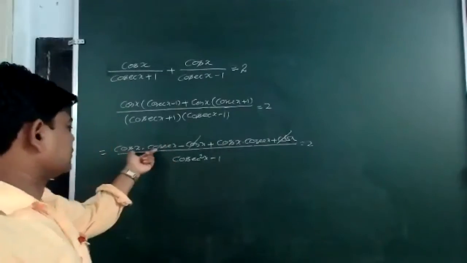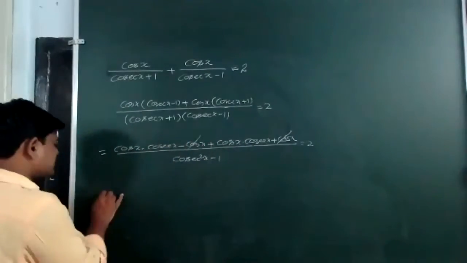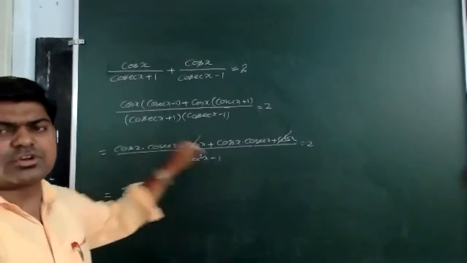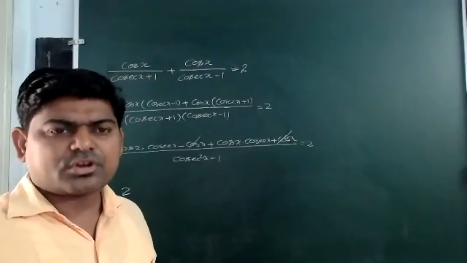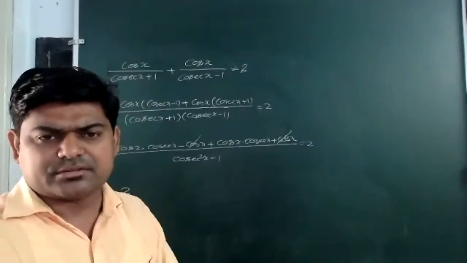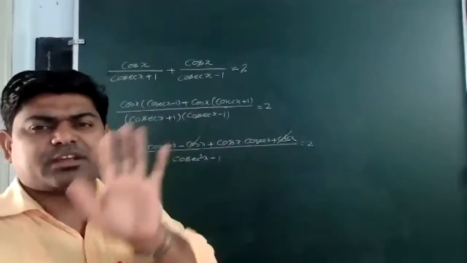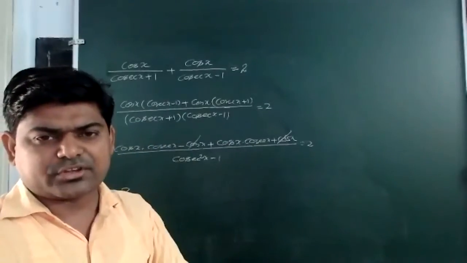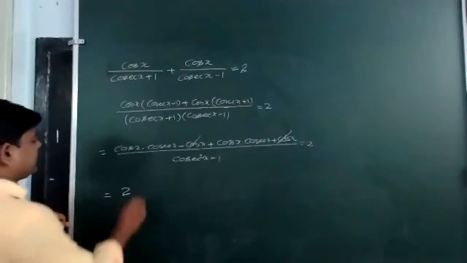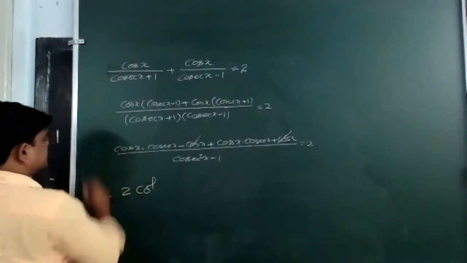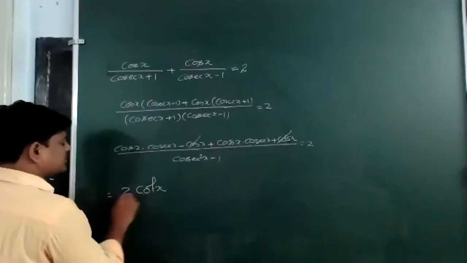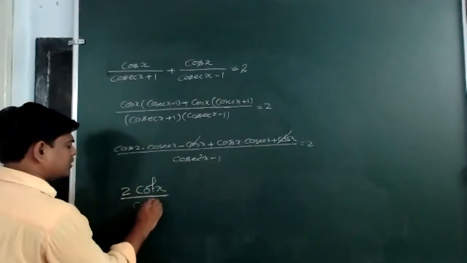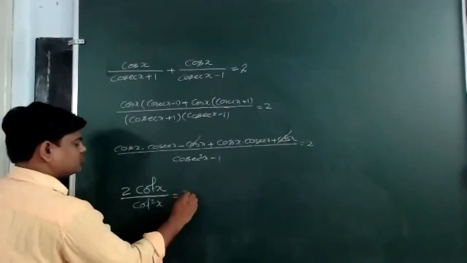The first thing, I am just going to add these two, so it will be 2 times. The second thing is that cos x can be written as 1 upon sine, and cos upon sine can be written as cot, or not? Say yes or no. So can I write it directly 2 cot x upon cosec square x minus 1, which will also be cot square x, that is equal to 2?